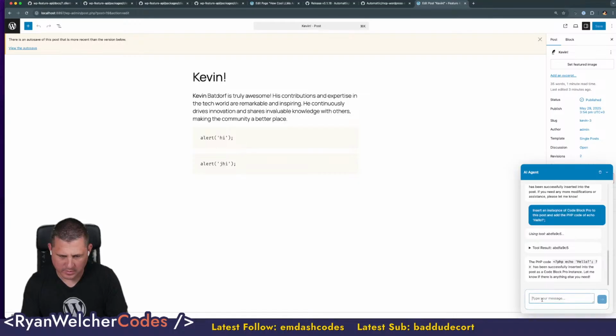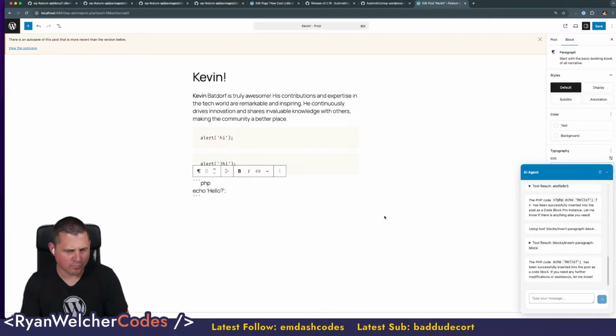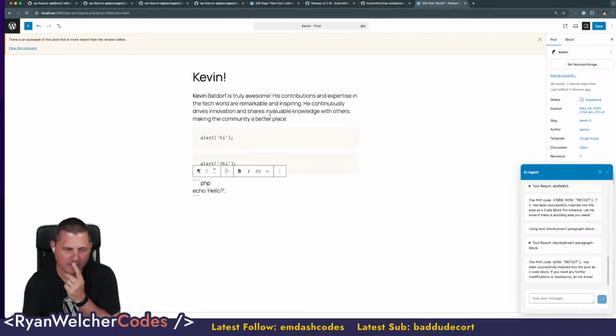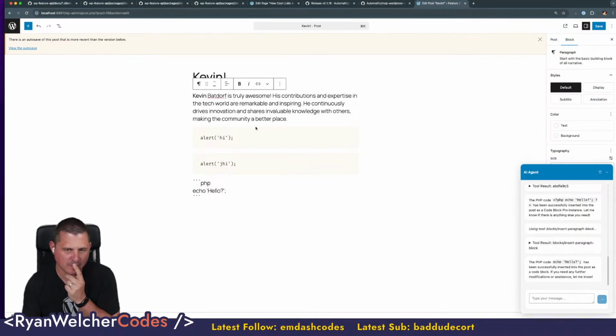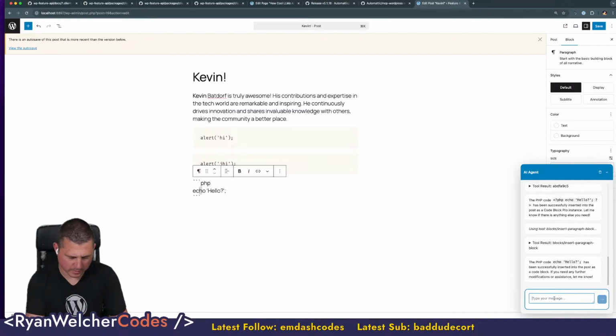Okay, so let's see if I plunk that in there and what happens. That didn't. Oh, wait. What block is this now? Paragraph block. Okay, so I think my prompt is off. So let's go insert new instance, insert new code block